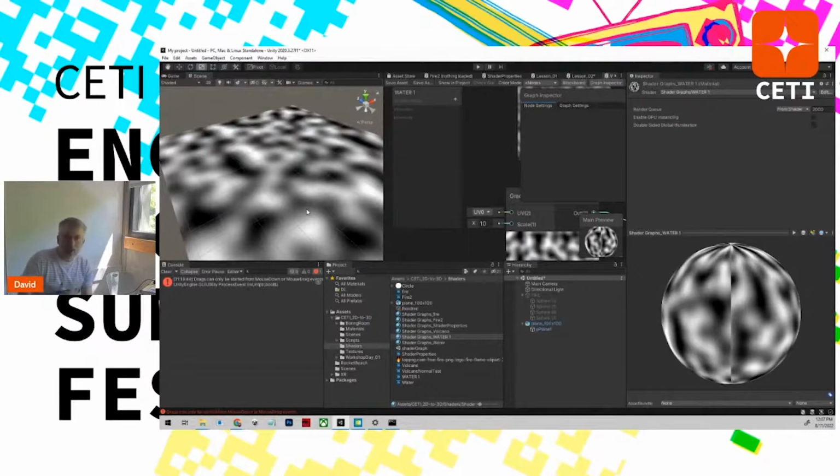Noise is, similar to other kinds of complex mathematical operations. So a nice thing about noise is it's free in terms of textures, but it does have,